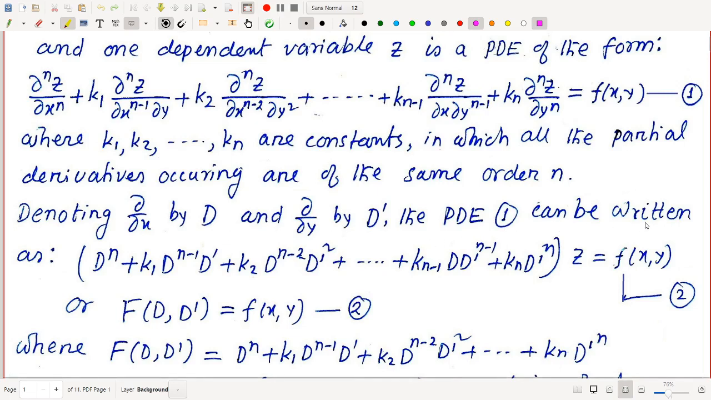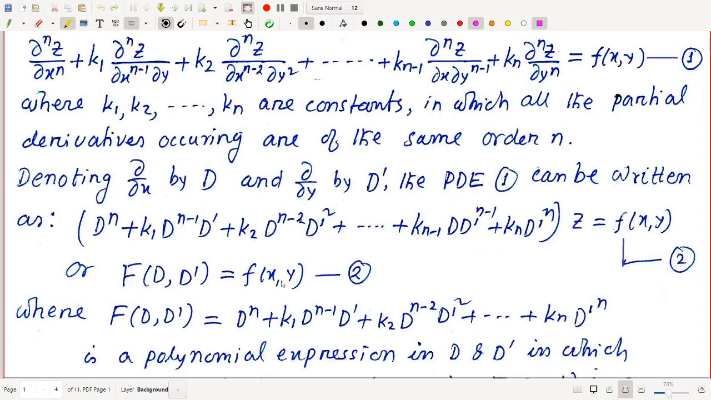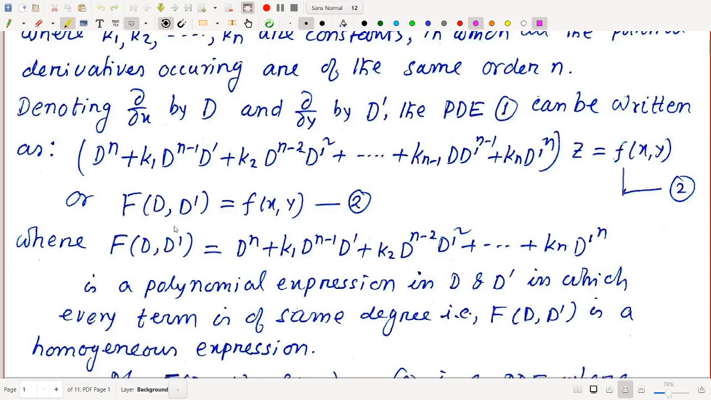The PDE number 1 can be written as D^n + k1 D^(n-1) D' + k2 D^(n-2) D'^2 + dot dot dot + k(n-1) D D'^(n-1) + kn D'^n operating on z equal to f of x, y, or capital F of D, D' z is equal to small f of x, y, number 2. Both are the same. Where capital F of D, D' is equal to D^n